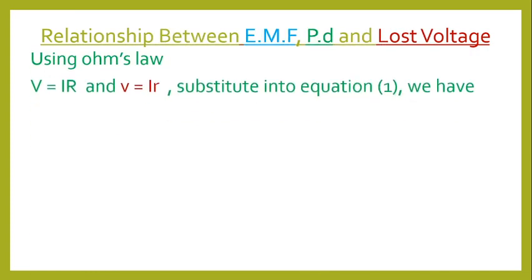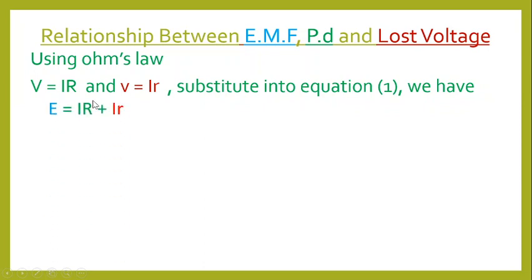To continue, if you remember from Ohm's law, we said that V equals IR. So the V subscript R I'm having here, I can simply represent by V equals IR, and the second one I can represent as V equals I small r. So the V in this case is the terminal potential difference. If you see IR, what it equals is big V. If you see I small r, what it is representing is small v, which is the internal lost voltage.